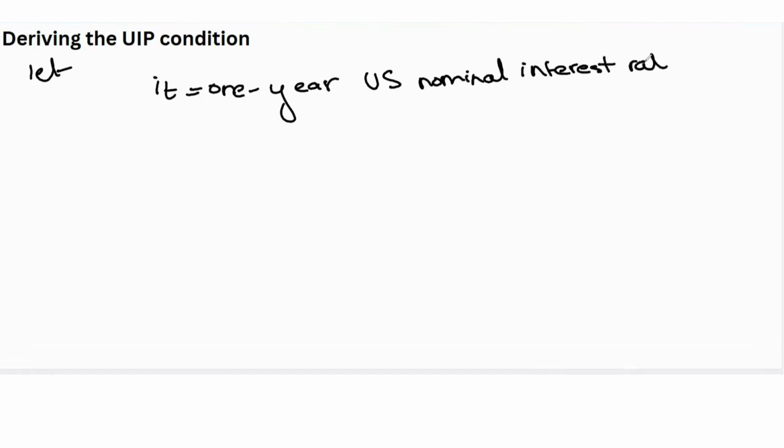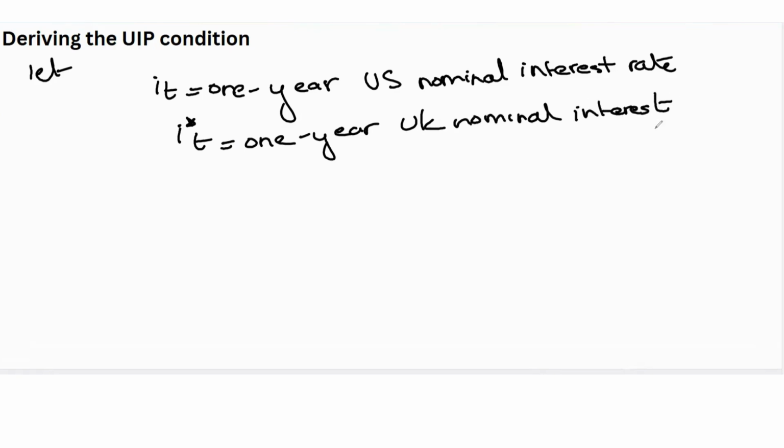Let I_t be the 1-year US nominal interest rate, and I star t be the 1-year UK nominal interest rate. So we're using stars for the UK nominal interest rate and just I_t for the US nominal interest rate. And E_t represents the current nominal exchange rate